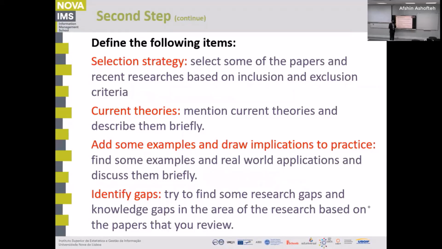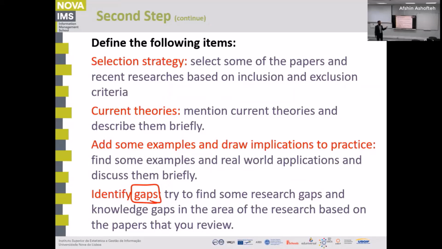And then identifying the gaps is something that maybe you can do, maybe not. And if you couldn't do it, don't worry, it's not for your research now. Identifying the gap is always a good idea to try to do in the future, because if you are going to do something new, if you are going to extend some theories in your area, you always have to know what the gaps are in that area of research. So it's important to know the gaps. We should identify them. It's good for your PhD maybe in the future, but